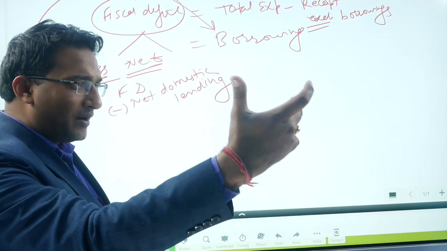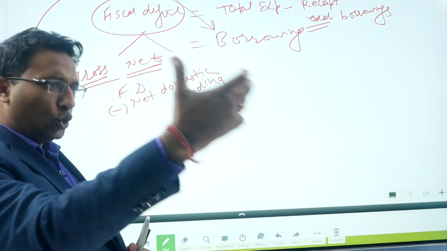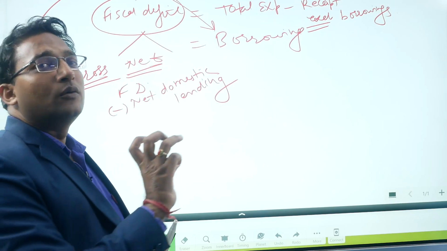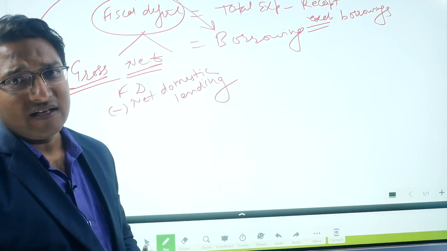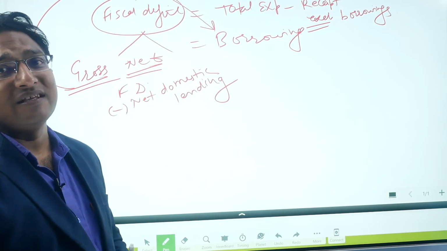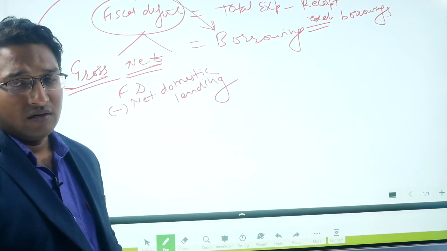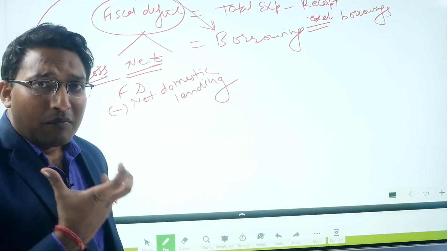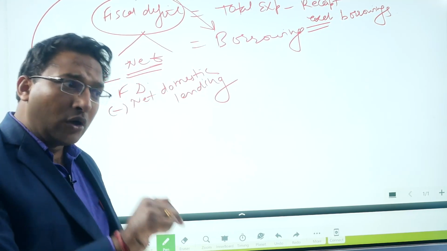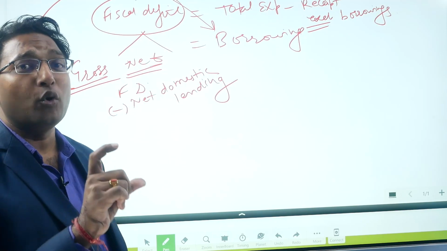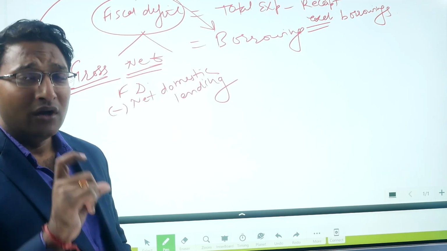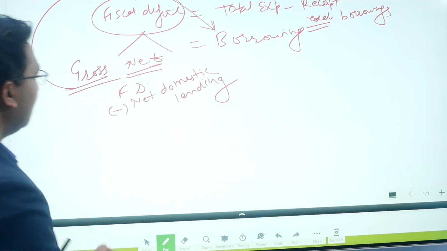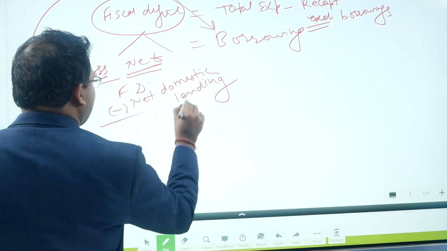For example, the central government receives 2 rupees as a loan. Out of 2 rupees, it gives 0.5 rupee as a loan to some other agency, maybe the state government or any other government. So what is the net borrowing of the central government? How much amount is the central government borrowing for its own purpose? The amount is 1.5 rupees. So this 1.5 rupees indicates the net deficit, right? So this is net fiscal deficit.